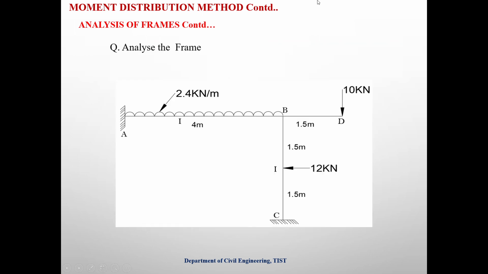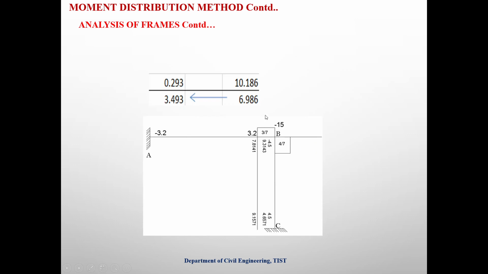That means 10 into 1.5, a clockwise moment, is coming as the overhanging moment. Then in order to resist that moment, we have to give minus 15 in the case of BD. That is minus 15 here. The overhanging moment is plus 15. In order to resist that effect, the support B will give minus 15 for the beam BD. Okay. Then check whether any far end is a simply supported one. Here there is no far end that is simply supported.